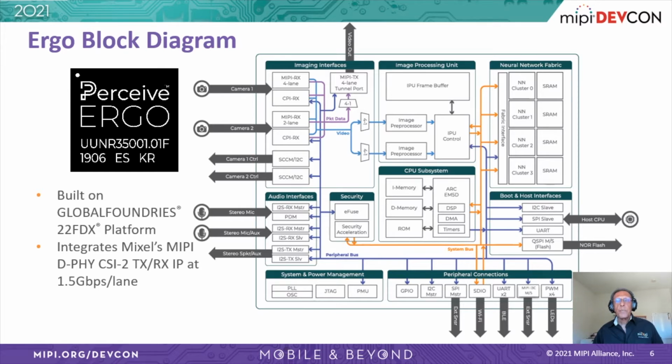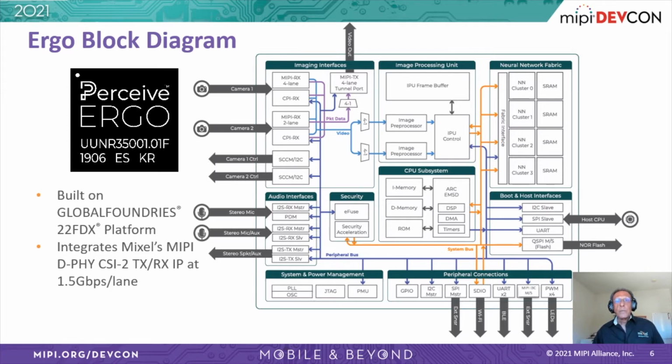The chip can perform inferences on images and video, and it can also offer the ability to tunnel video out through the MIPI transmitter. Tunneling is useful in many applications, such as security, where an alert can be accompanied by the corresponding audio and video. The Ergo then uses both audio and video or other sensor inputs to produce high-quality inferences. For example, motion detection, accompanied by the sound of breaking glass, might trigger a more trustworthy response in a security application.